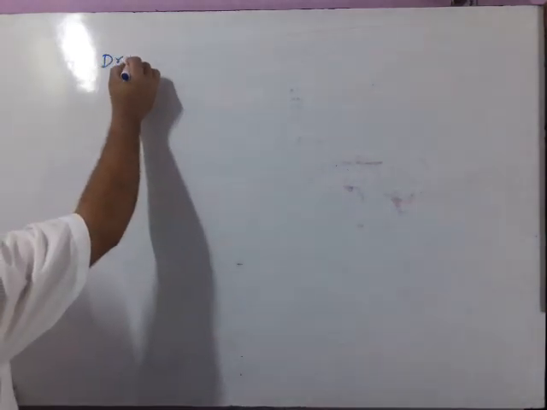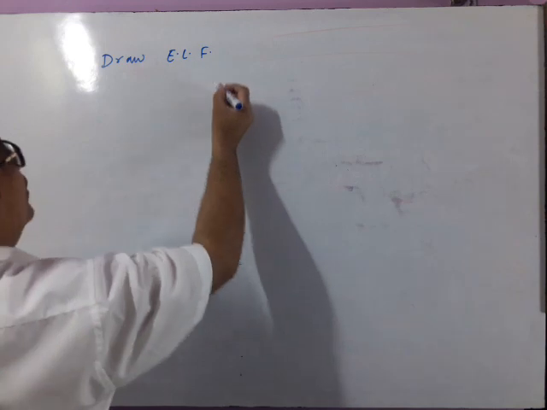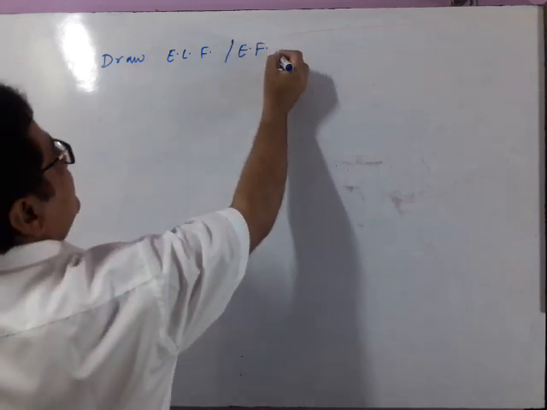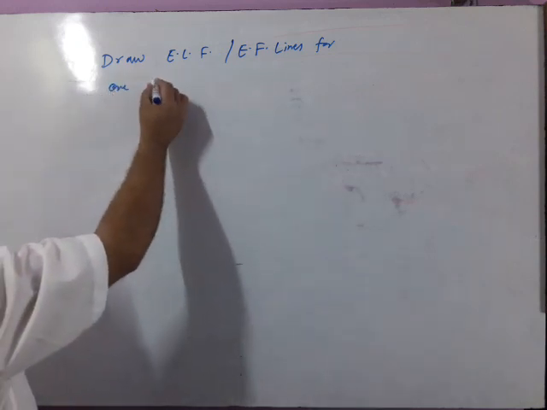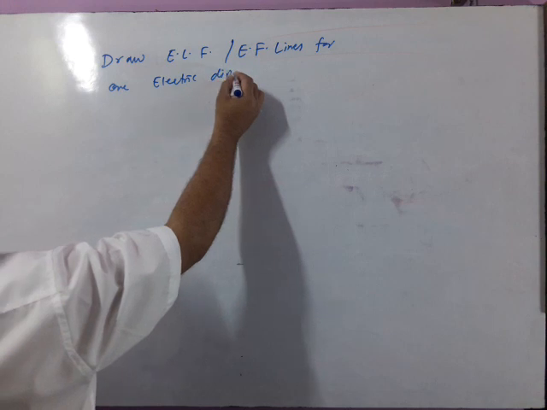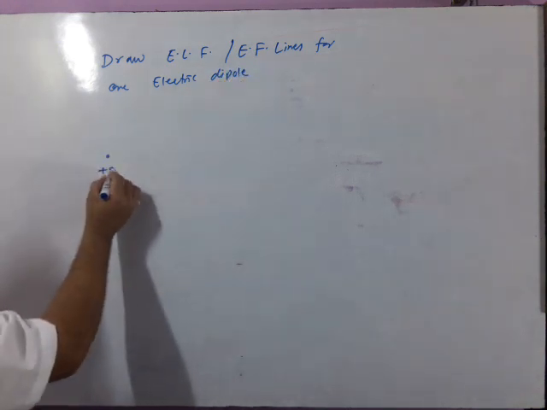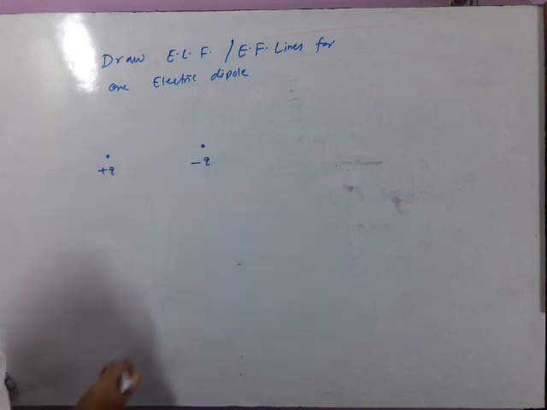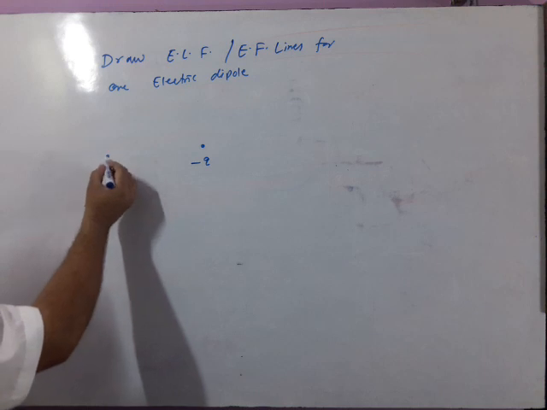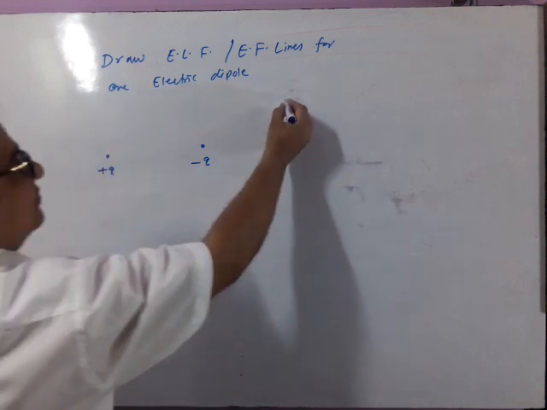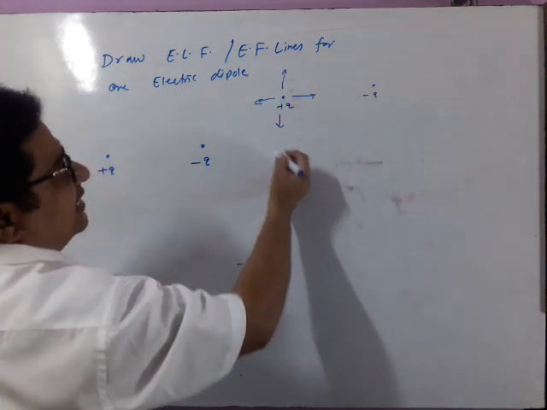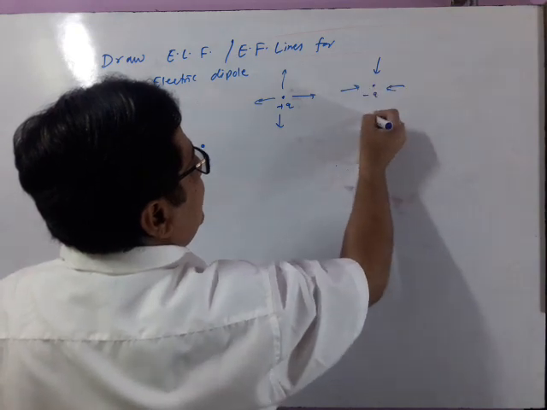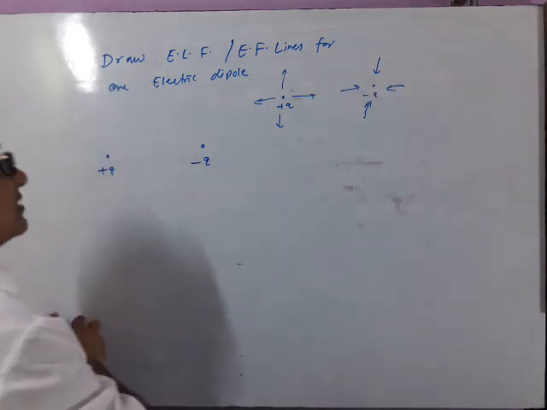Now see. Draw electric lines of force or electric field lines for one dipole, electric dipole. See, it is positive charge and negative charge. So how will you draw? See, from positive charge, let us consider 4 lines, isolated positive charge. See this? Isolated negative charge. So 4 lines for this radially outward, 4 lines for this radially inwards. Now both are placed together.